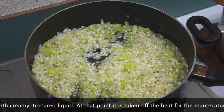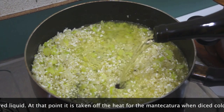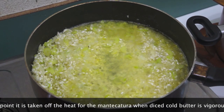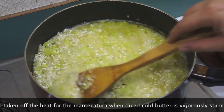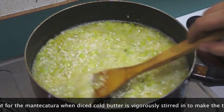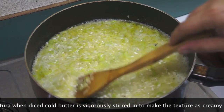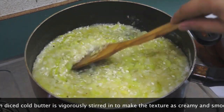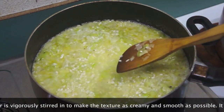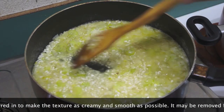Now what I'm going to do is add some white wine. In that goes. Sort of enough just to cover it over. If you don't drink alcohol, then you could just use some stock right now, or broth, or just plain water. Now what we're doing is on a below medium, above simmer heat, we're going to stir this,